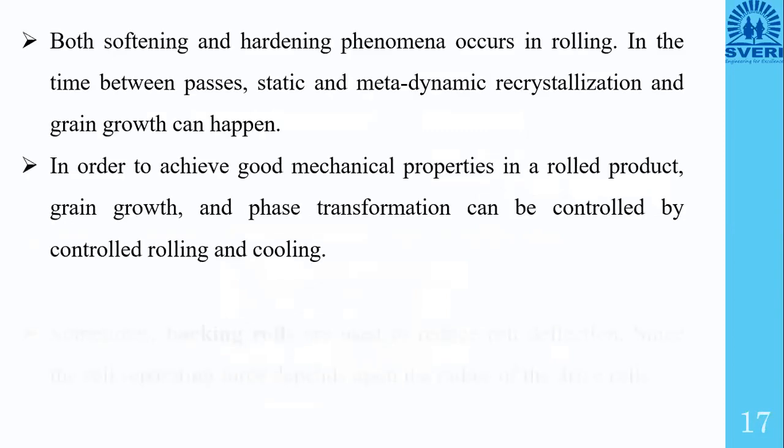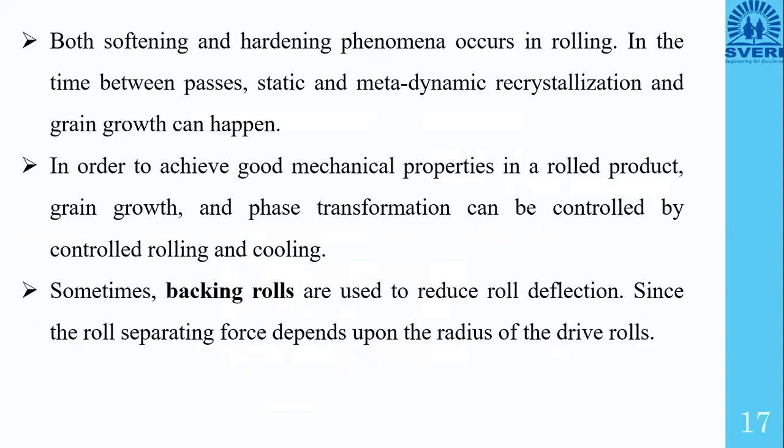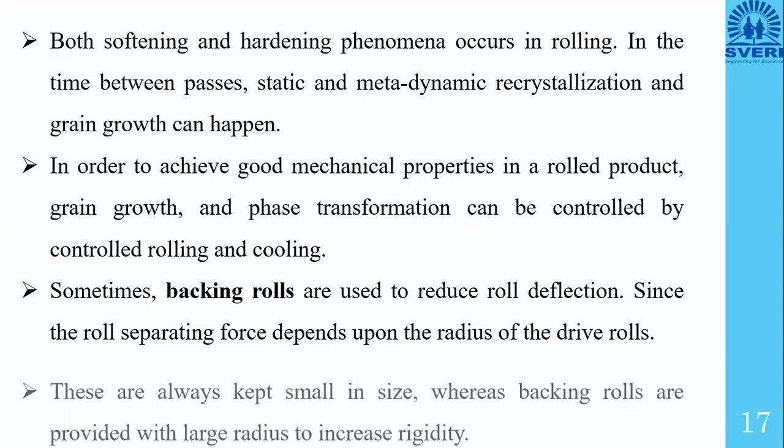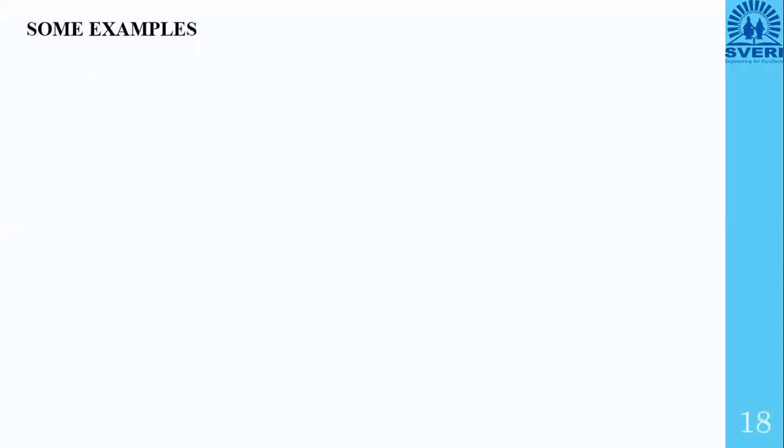Then softening, rolling, and then backing. What do you mean by backing roller? We have seen the 2 high rolling mill and 4 high rolling mill, and we have seen backing rollers, as pressure is proportional to the radius. If radius is increased, roll separating pressure may be increased. So we keep the contact rollers smaller and backing rollers larger in the 4 high rolling mill, that example we have taken. Then today's point is examples.